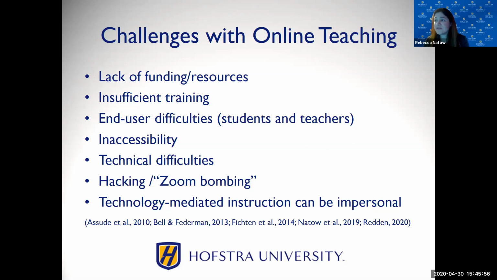Related to the challenge of insufficient training is the issue of end user difficulties. So that refers to difficulties that both students and instructors have when using the technology. When teachers don't have sufficient technological skills, it will be difficult for them to assist their students with using the technology. Inaccessibility is another challenge, and this refers not just to being unable to access the internet or the necessary